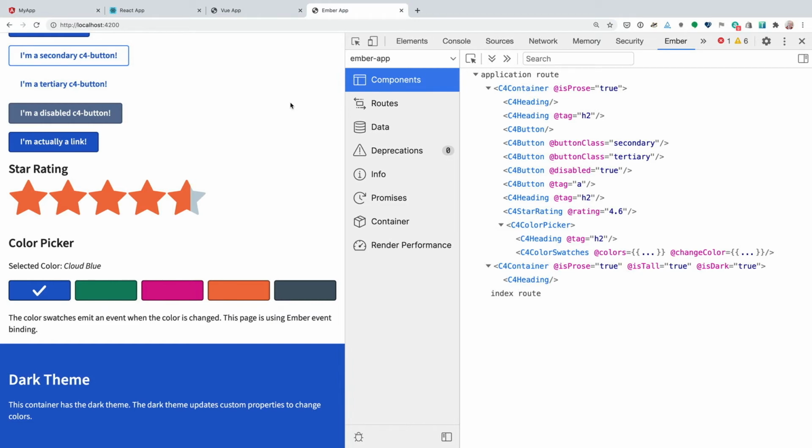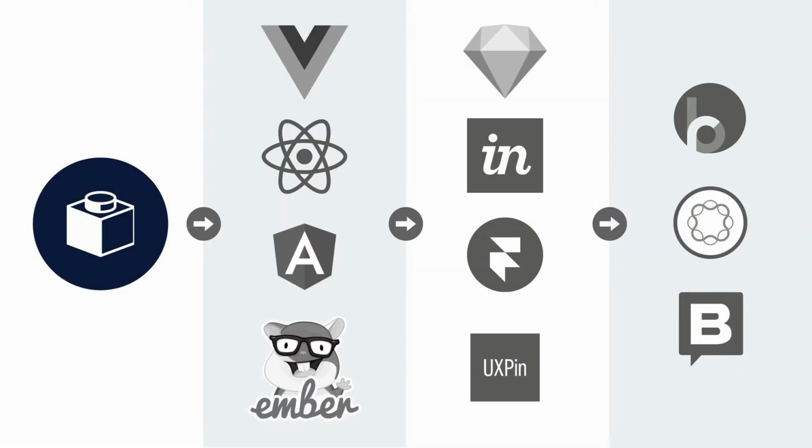It generally means creating wrappers around the components so they can be used in each of the frameworks. But if you can use output targets, it's much nicer because it just gets taken care of automatically for you. All right, we've successfully converted our components into JavaScript, so let's take credit for that and move on to design tools. And we'll start with Sketch.